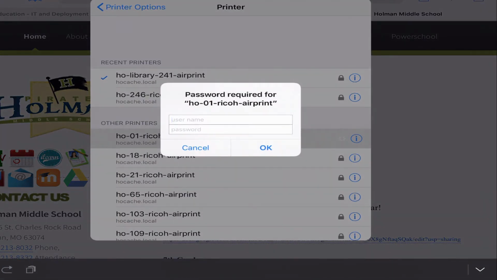it's going to ask me to log in with my username and password. Your username is what is on the sticker on the bottom of your keyboard, and your password is whatever you use to log in to your Google, Moodle, and other district accounts. Now it should remember this password on this printer, so I should only have to do this the first time I ever print to this printer, and after that it should remember me on that printer in this device. Now once I type in my information,